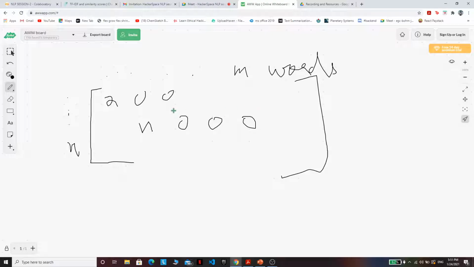The problem this poses is that if we are doing any computation, obviously the size of this matrix increases. To check if a word is there in a particular sentence, we need to iterate throughout the entire matrix, and this is computationally expensive. So this is what I mean by sparsity and how it hinders the features of the bag of words model. So yeah,